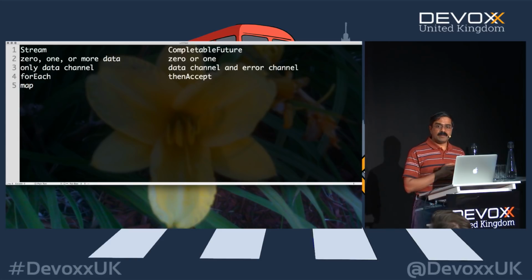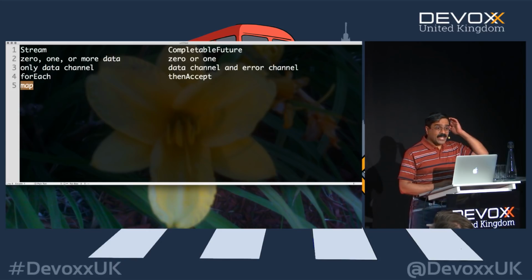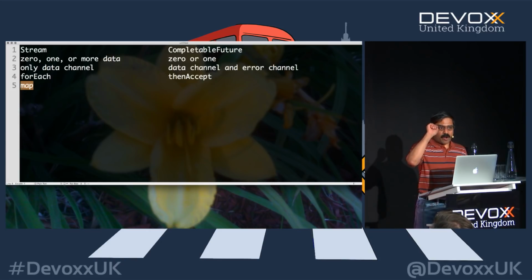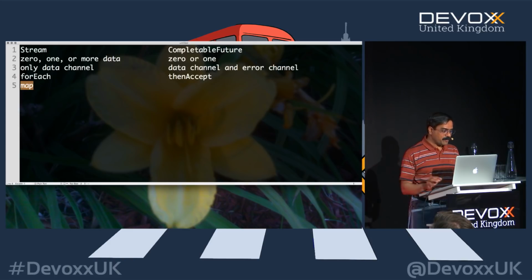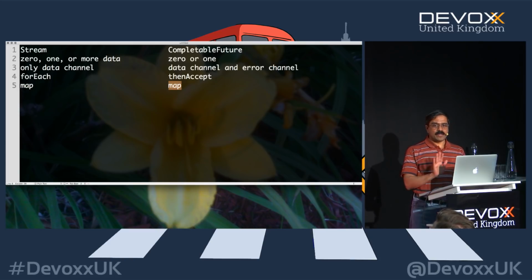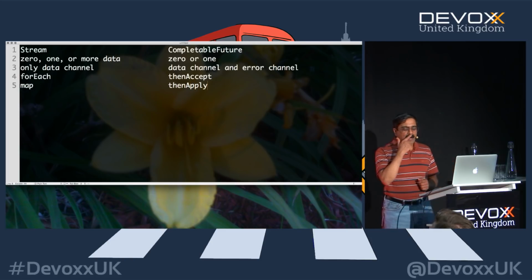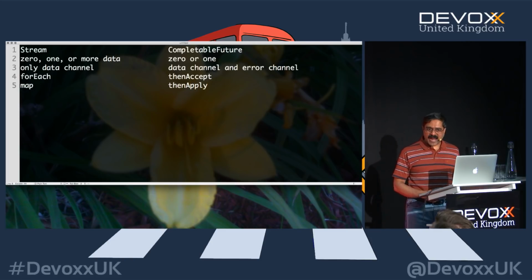Similarly, you have a function called map in the case of stream. Now, remember what map does? Map performs transformation. Map transforms one stream to another stream. Well, they could have called it map here as well. But if they did, then we would understand it very quickly. So, no, we should really give a different name for it. So what is it called? This is going to be apply. So then apply is like your map, if you will.